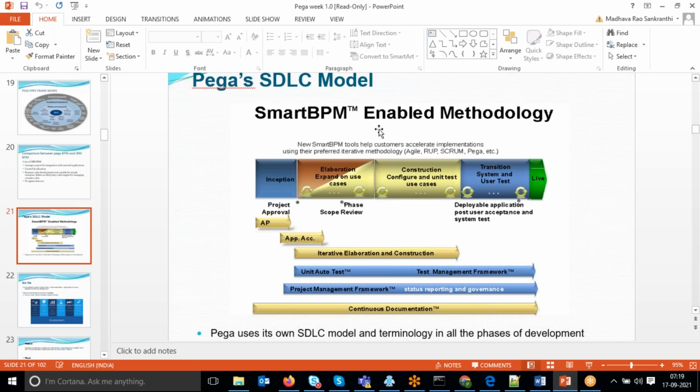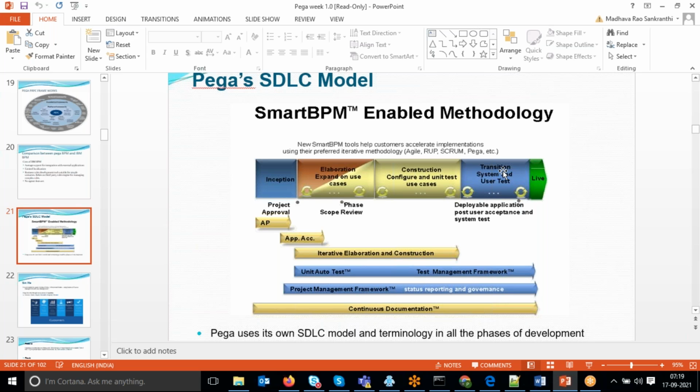What is Pega SDLC and what are the Pega roles in a Pega project? Please note it: BA, project manager, lead system architect, solution architect, and in this, CSA system architect, senior system architect, or you can say certified system architect, certified senior system architect, and LSA lead system architect.